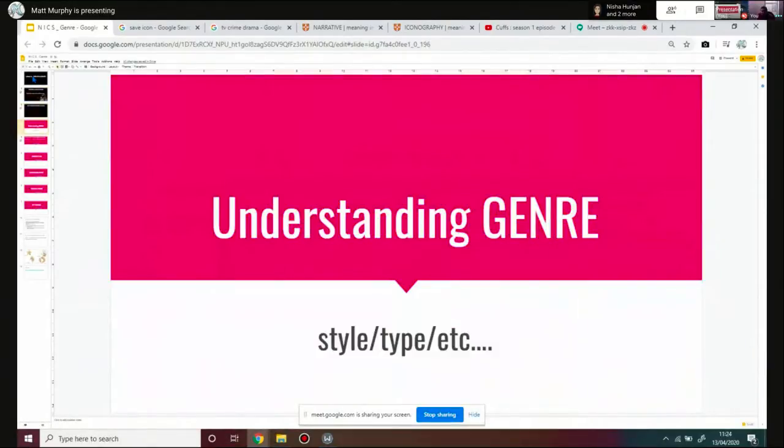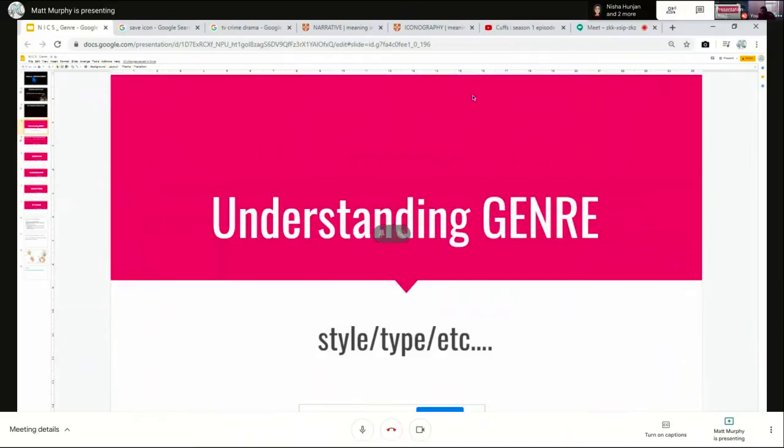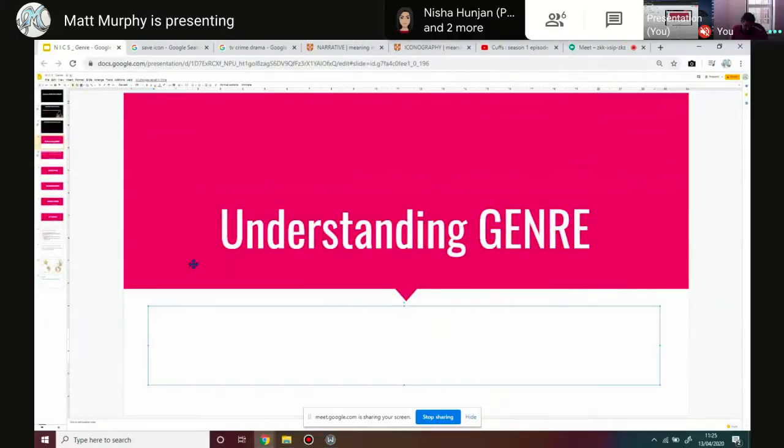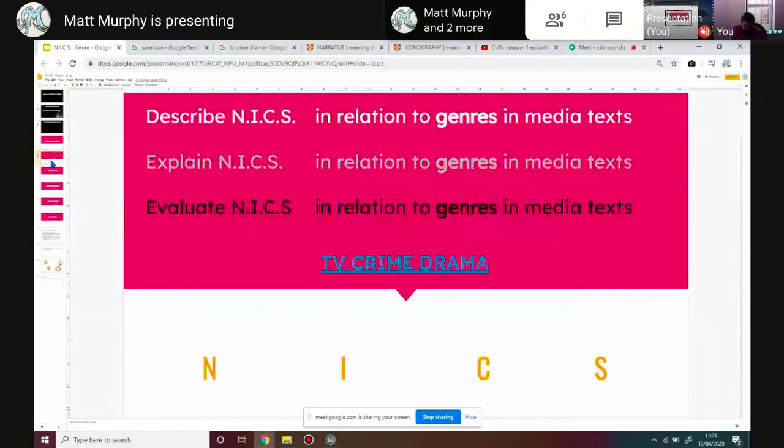genre. Okay, so genre may be a word that you're not familiar with. It's a similar meaning to the word of the style of the media. And they're really super specific by looking at its conventions, its recipe, if you like. So in this lesson, we're going to start by describing this little acronym that I've got